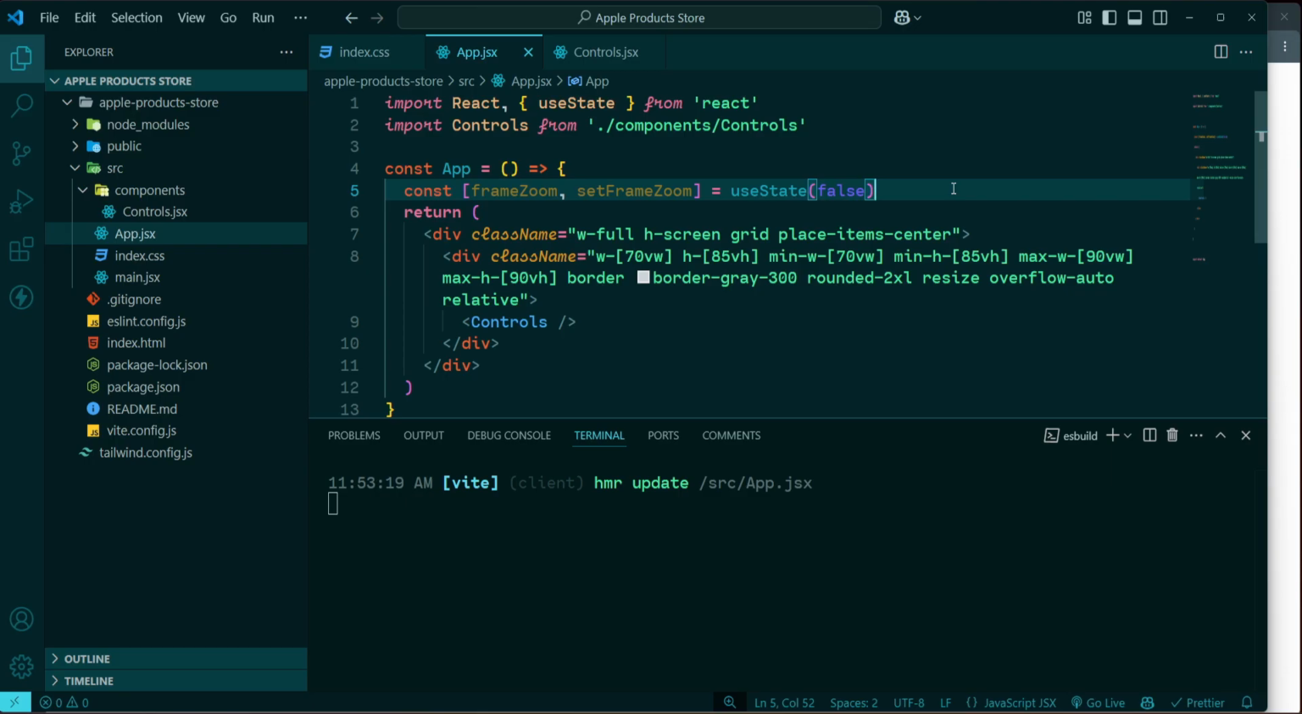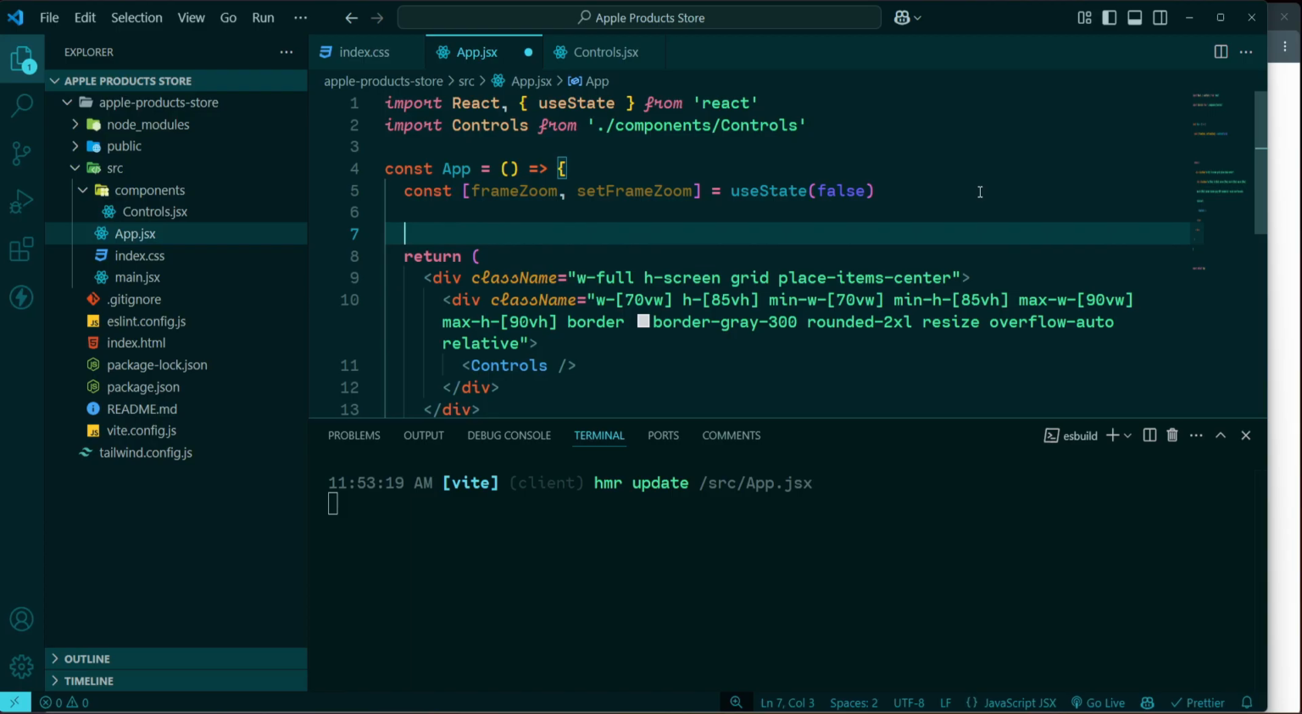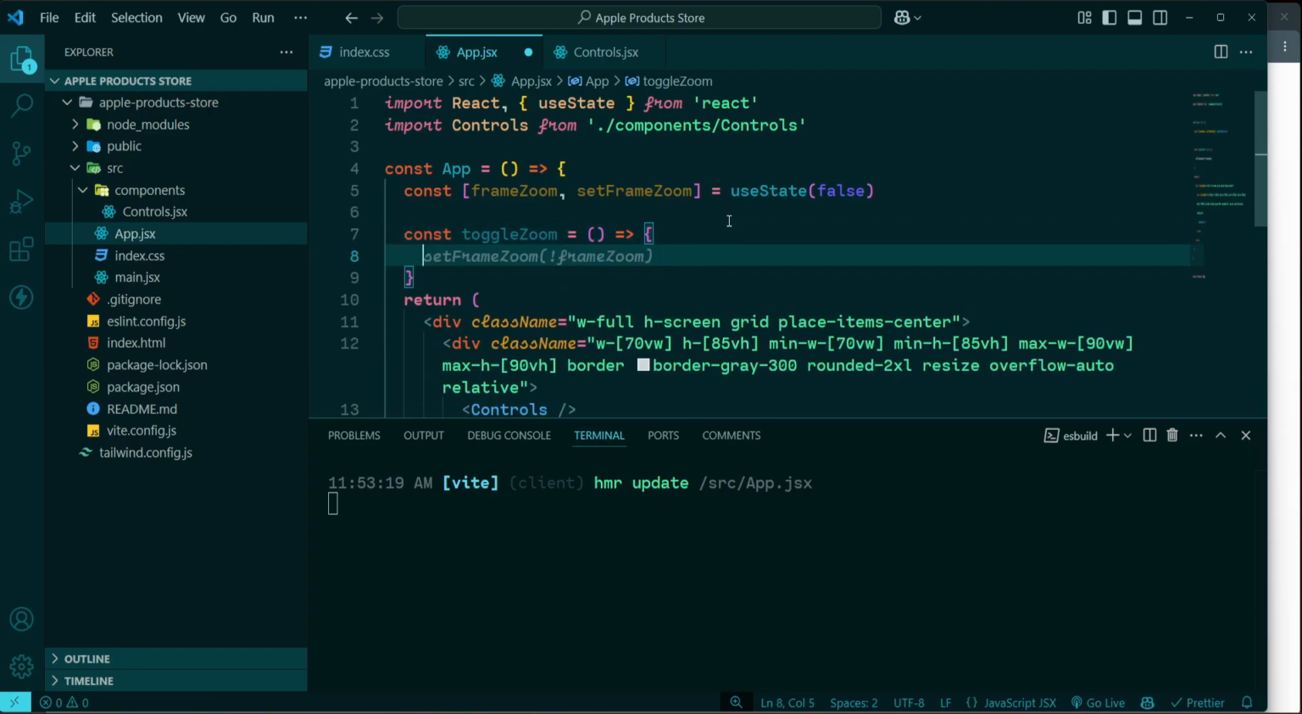Now, let's create a function that will handle the zooming logic. Right after the state variable, I'm going to create a function, let's call it toggle zoom. And now, as the compiler suggests, we need set frame zoom with the value not frame zoom. So this toggle zoom function is quite straightforward. It calls set frame zoom and sets the value to the opposite of what it currently is. If frame zoom is false, it becomes true, and vice versa. This toggling mechanism is essential for our zoom functionality because it ensures that every click switches between zooming in and